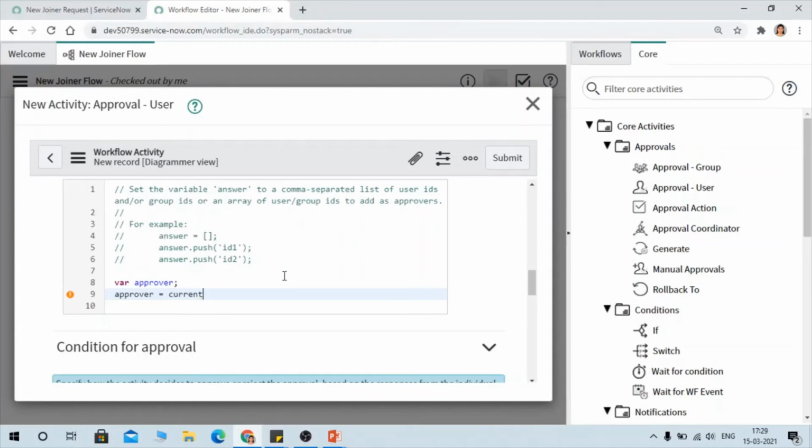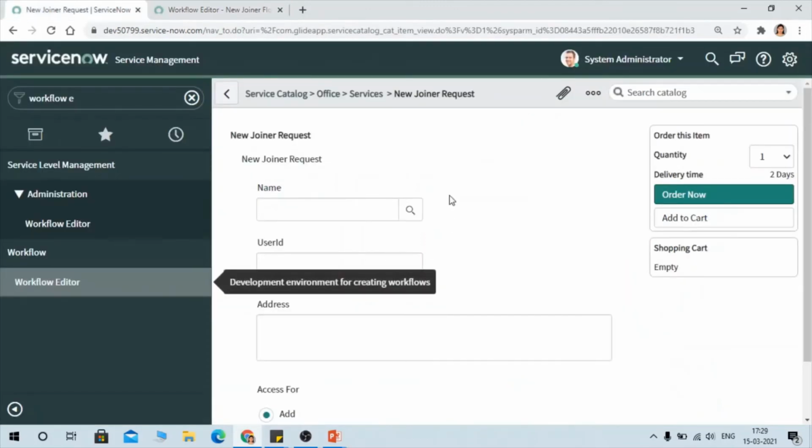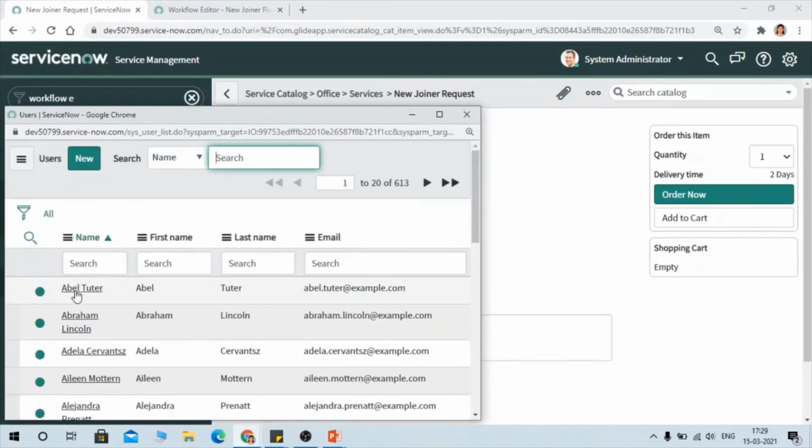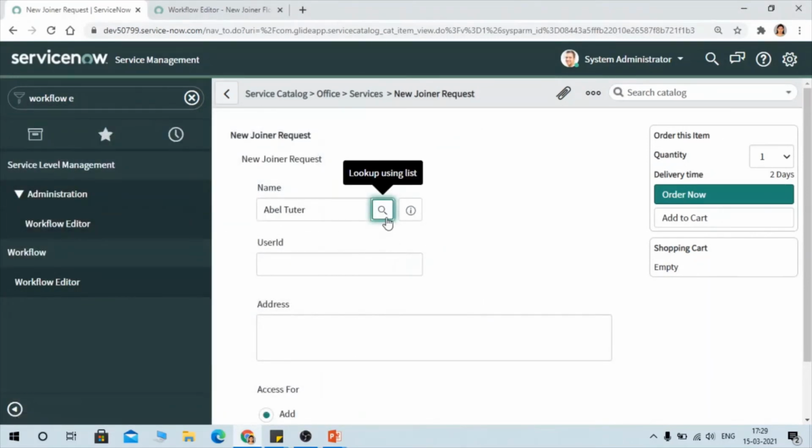Whatever value we select in the name, like Abel Tuter, approval should go to the manager of Abel Tuter.